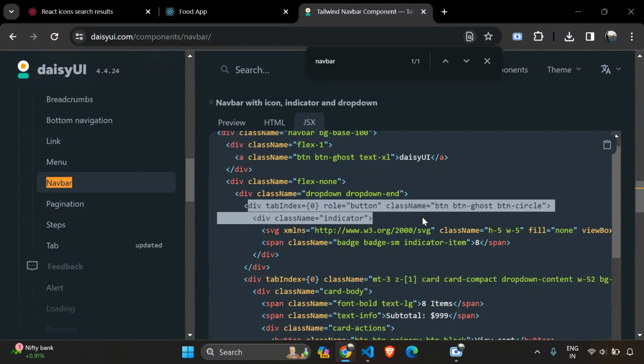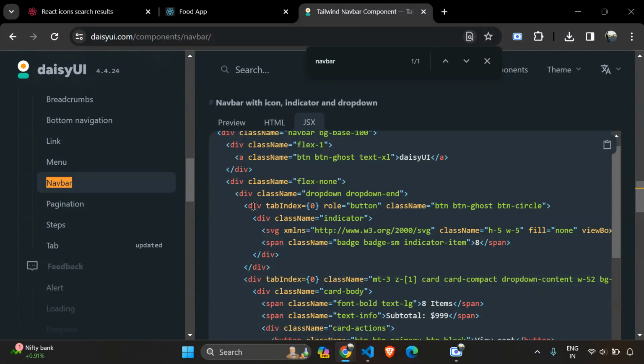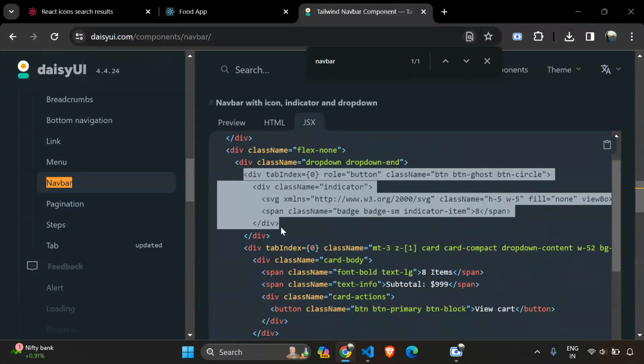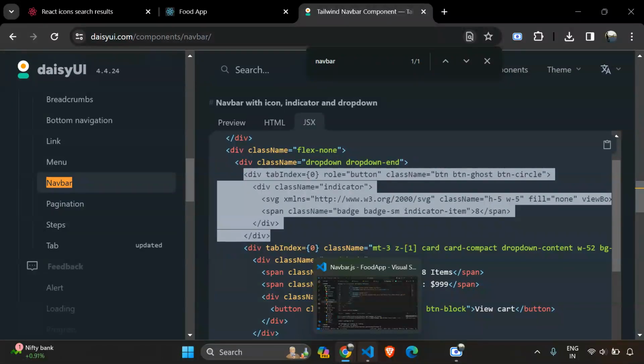Okay, so I want this thing. I basically want this thing, and where it is actually ending, I think it is ending here. Okay, so I want these things. I will copy this one, and where I want to add this is, let's go here to our